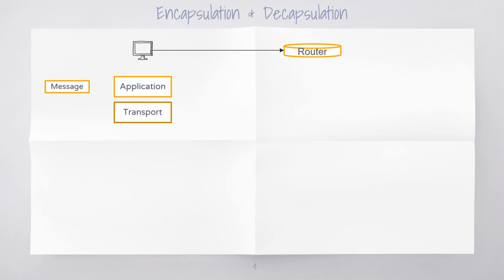So the transport layer takes the message as a payload, and it adds transport layer specific headers to the payload, which will have identifiers such as the source and destination port numbers, or the source and destination application programs that want to communicate, along with the additional information which is required for reliable end-to-end delivery.